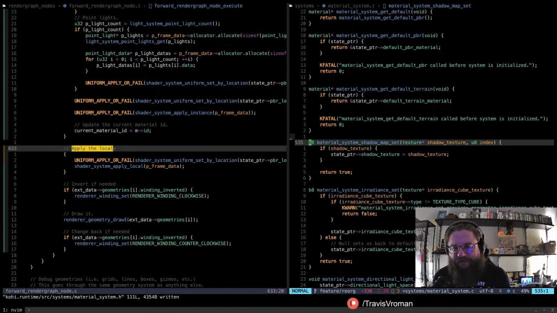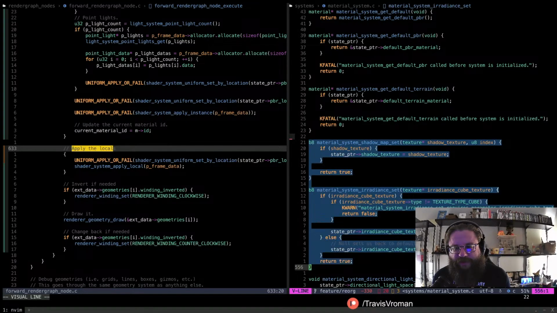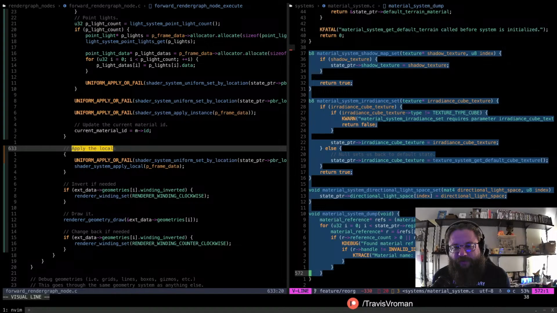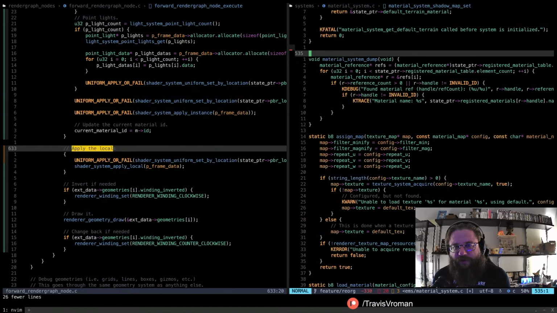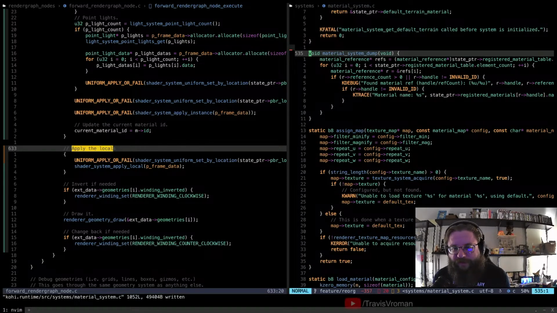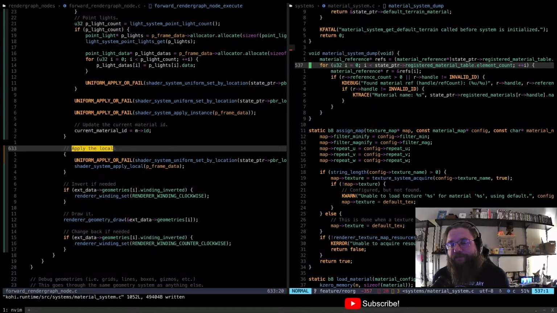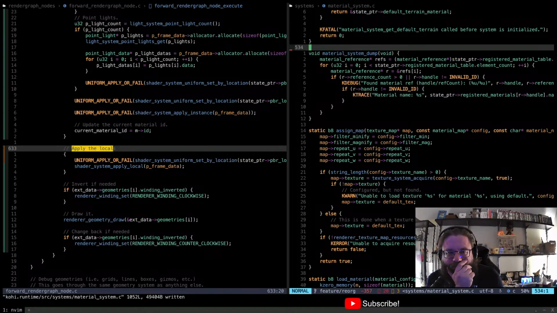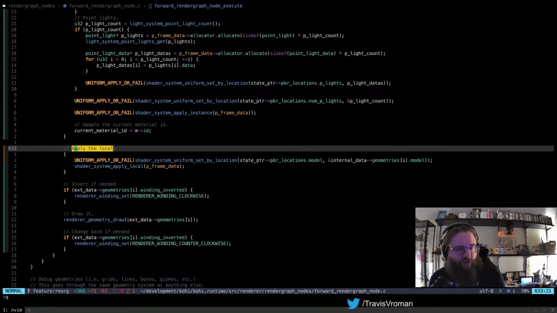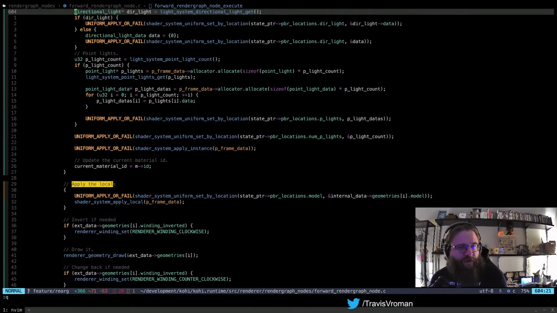This shadow map set and irradiance set and light space set, those are no longer relevant either. Those have also been taken out of there. Don't need those anymore. Okay. So I think we're done with the material editor for now. Or the material system. I believe we're done with that for now. So I'm going to close that buffer so that we can focus on this guy.